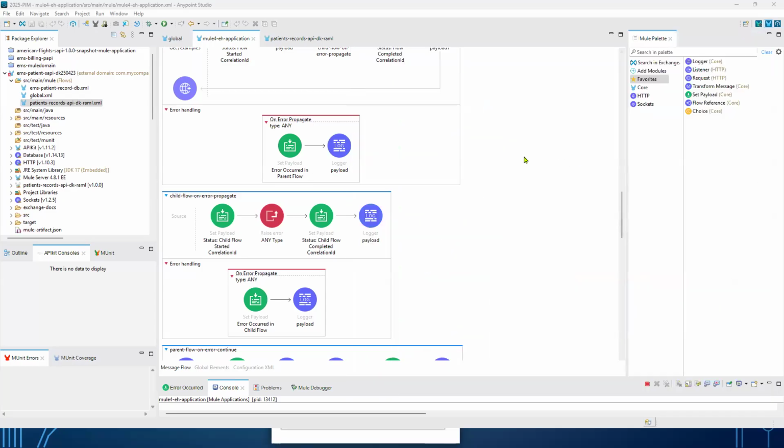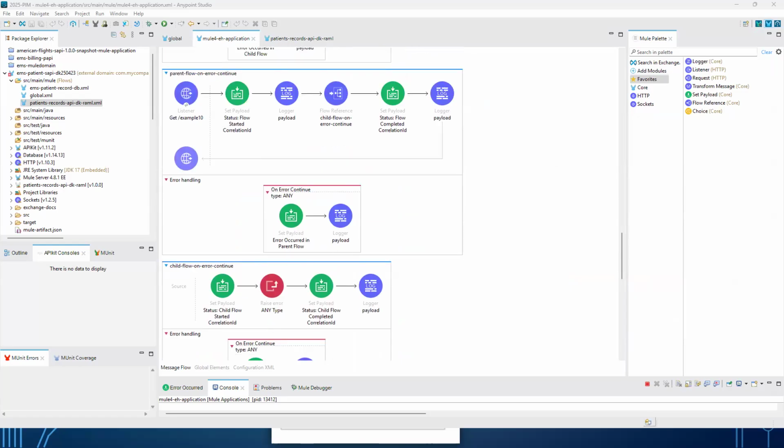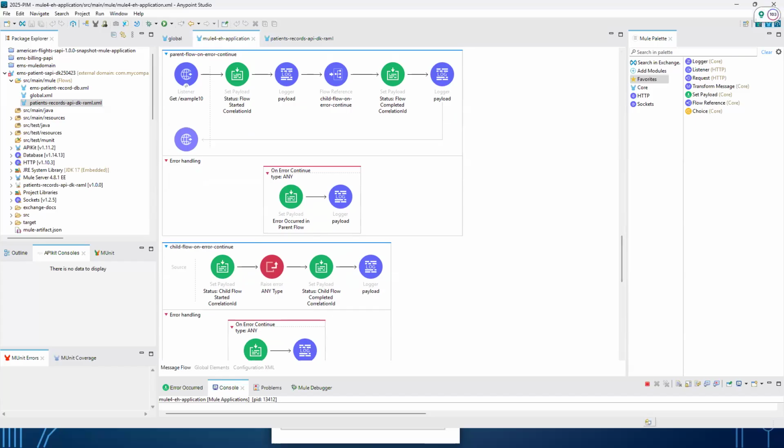Okay. But what if the child has an on-error continue? Okay, what if there's an on-error continue here? Let's see what happens on example 10. And in this case, and again, run them in debug mode. It's pretty cool to see them. But in this case, it should have come in. If we can run the theory of it, let's run the theory part, and then we'll see what our result is. Theory would be our flow reference comes down to our child flow, an error occurs here, we set the payload here, and this returns back